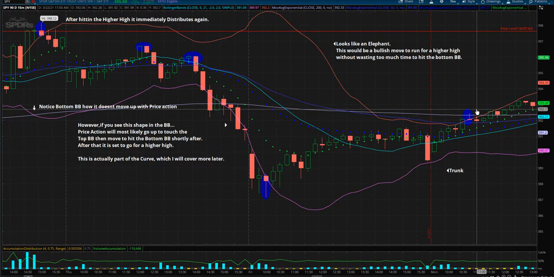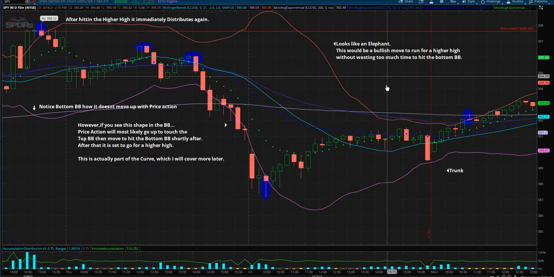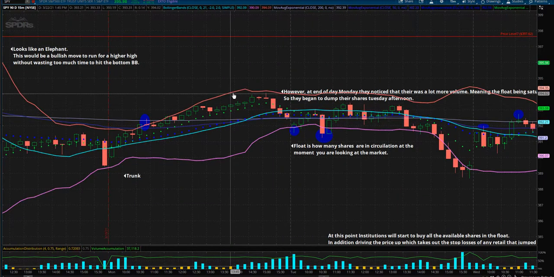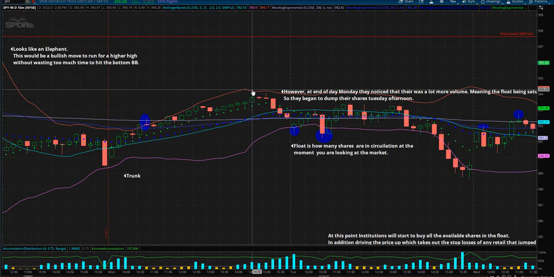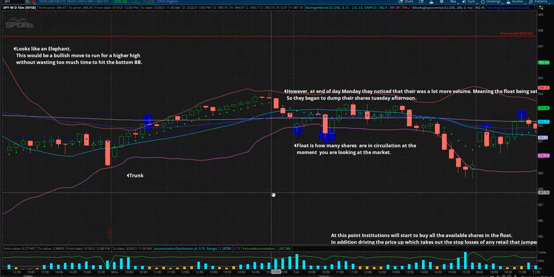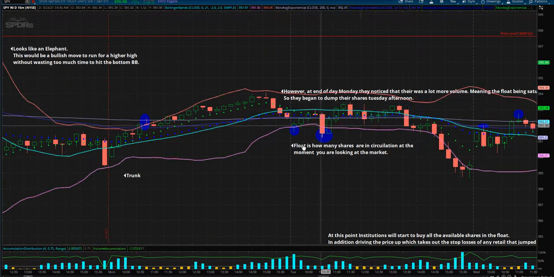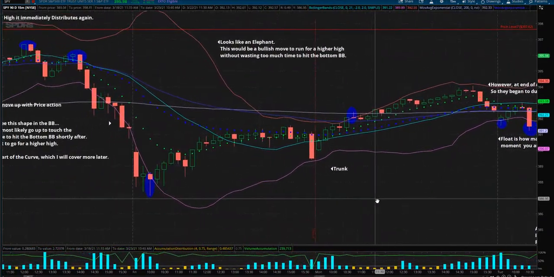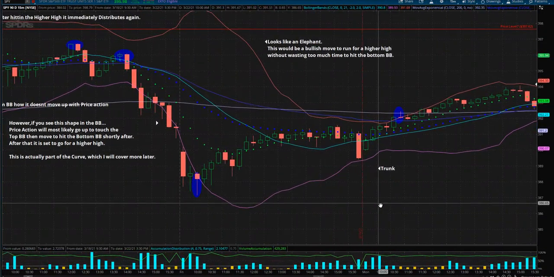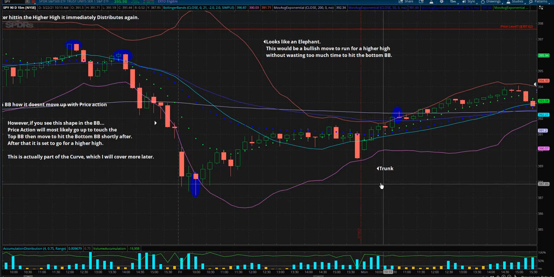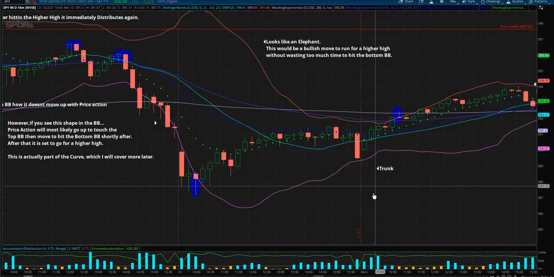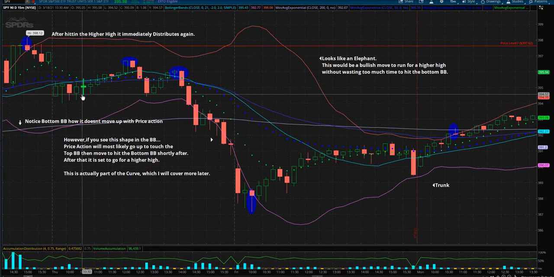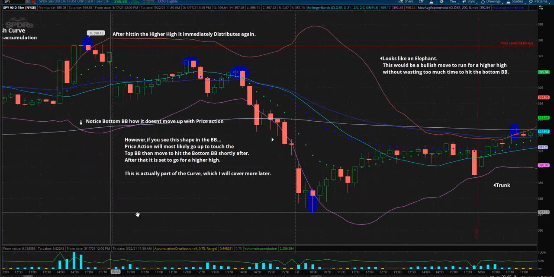And so now we got a touch here that runs up the upper Bollinger Band and goes into a very bullish move. And so you know what? I'm going to finish it right here, and I'm going to do another part to cover the continuation of this move. So just know that it took two curves in order to finish this one move for them,